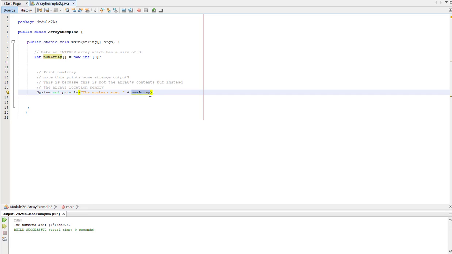This is referencing the address in memory. So this thing right here is literally where the array is stored. It's not the array itself, it's where it's stored within the computer's memory. We're never going to need to use this. So this isn't how we print an array, but it's just something I wanted to show you so you don't